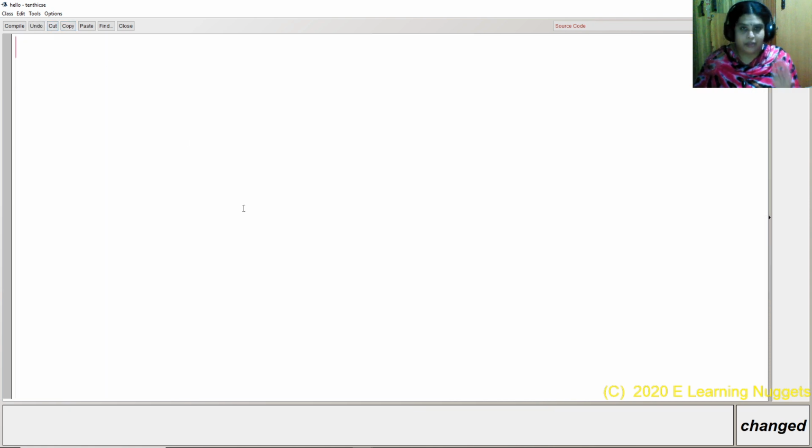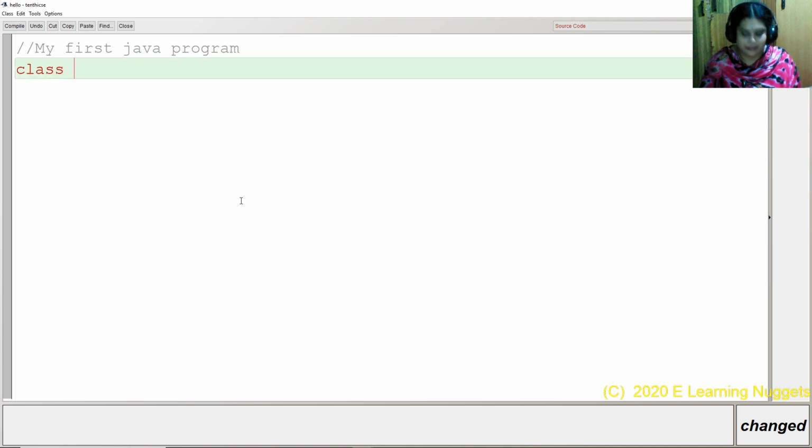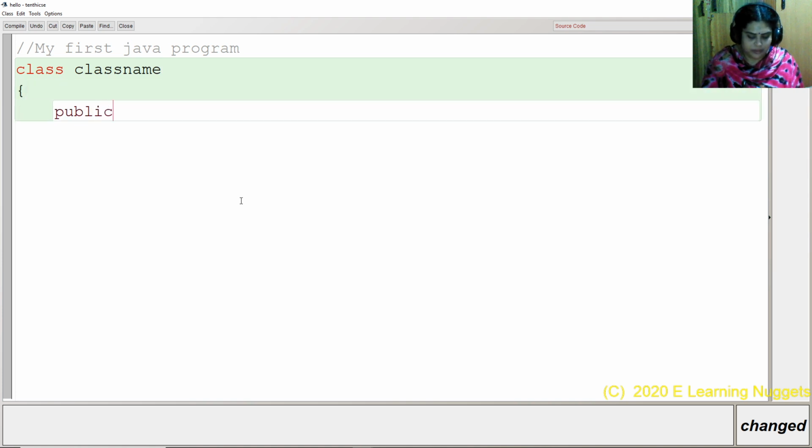Okay, now I'll first explain you in simple words the structure of a Java program. See, a Java program usually starts with a comment. These 2 slashes are known as a single line comment. So here I'm just writing my first Java program. Okay, and after that the class starts with the keyword class, and then we write the class name. Okay, we open the braces, and then we say public static void